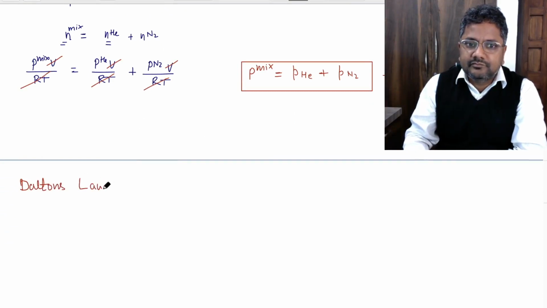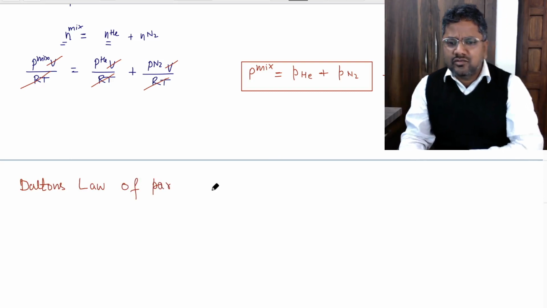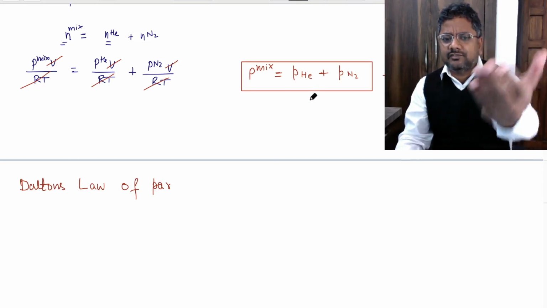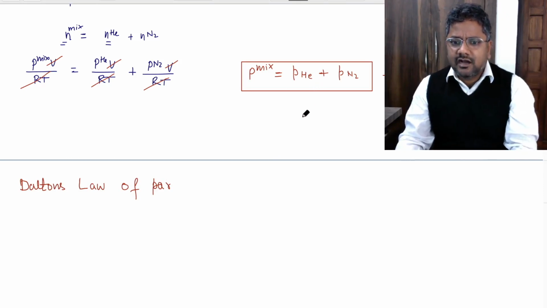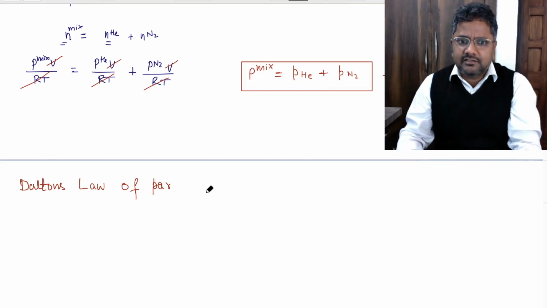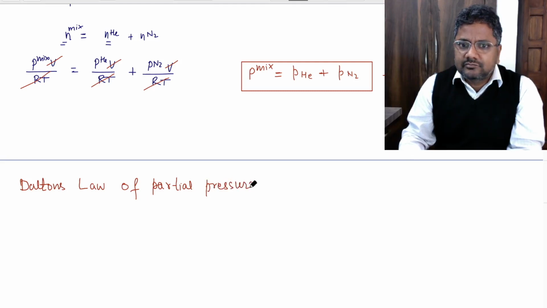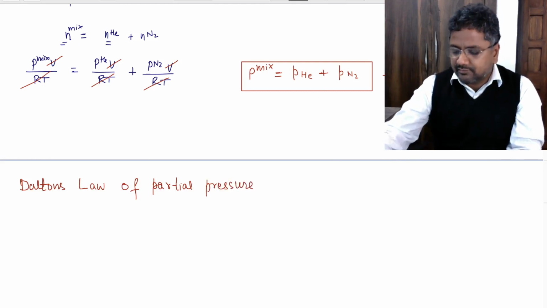Dalton's law of partial pressure. This is not any special law. This is the extension of this equation of state. This is how you are manipulating it, right? So partial pressure. So Dalton's law of partial pressure,